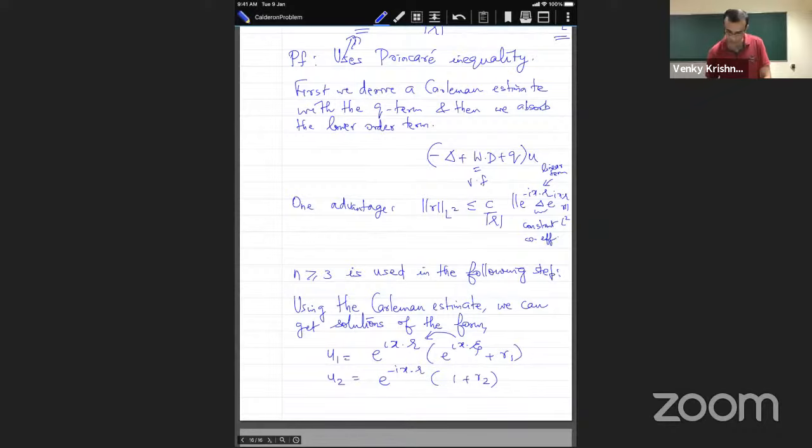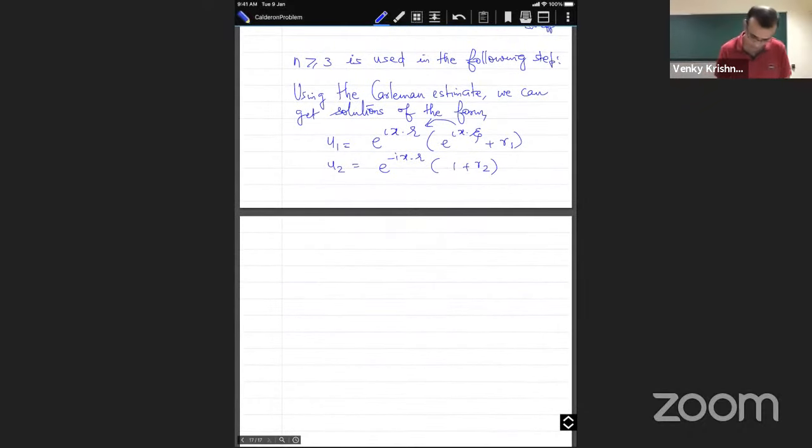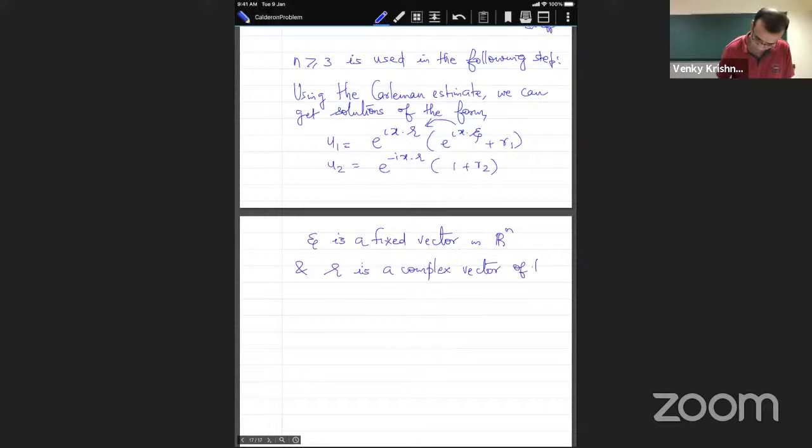Then you will have R with e to the minus I x dot c, but R in L2 or R multiplied by e to the I x dot c in L2, they have the same L2 norm. So the L2 norm doesn't change. And what is my c? c is a fixed vector in Rn. That's one thing. And zeta is a complex vector of the form